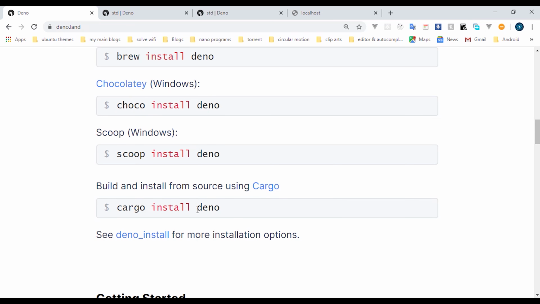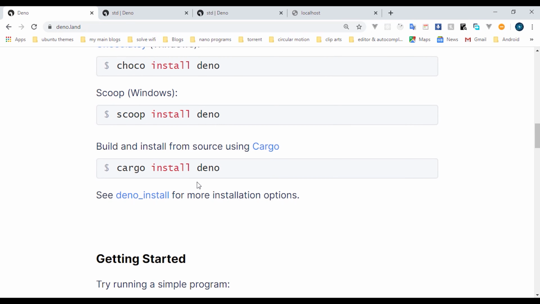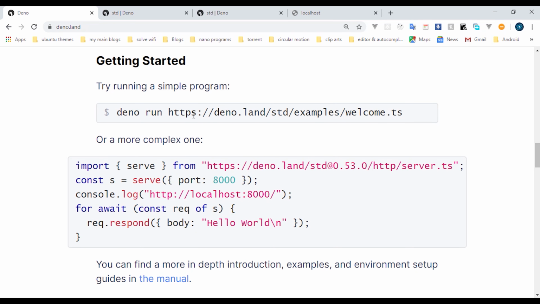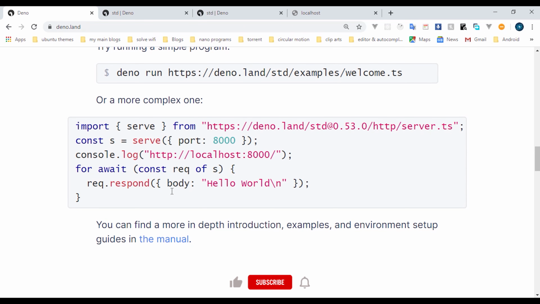And also you can even use cargo to install Deno. So getting started is very, very simple. For you to set up a very simple server, you can use this. But they have this cool middleware that you can use to set up a server, unlike when you are setting up a server for